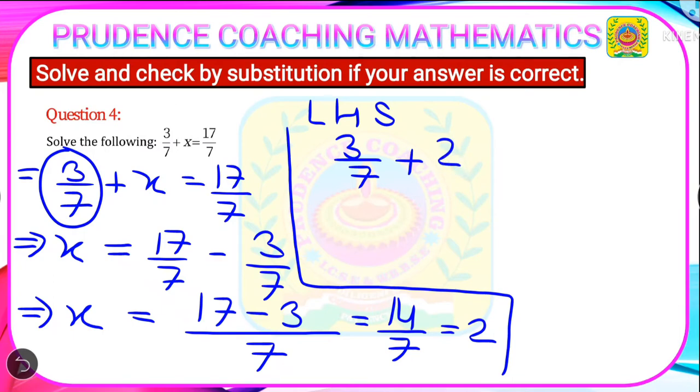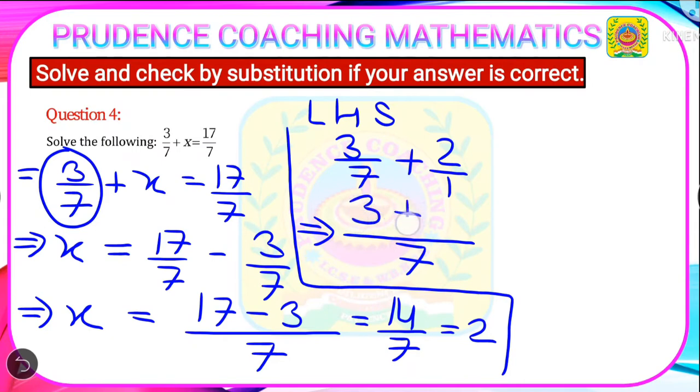So here the LCM of 7, and we don't have anything under 2 in the denominator, so it is 1. So the LCM of 7 and 1 will be 7. So we need to write this 7 here, and we will write here, as we are not multiplying 3 by 7 with anything to make the denominator equal to 7, as it is 7. So we will write 3 as it is.